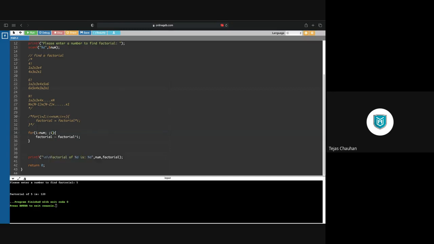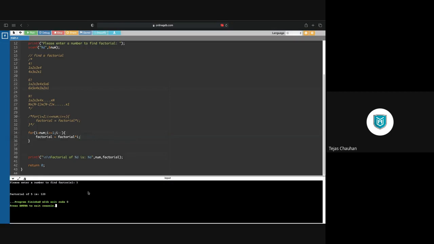I minus minus. So this is my backward loop. Now what will the condition be? Your I is greater than 1, or else you can go up to equals to 1. So if your I is greater equals to 1, then you perform this thing. So this is the backward loop.